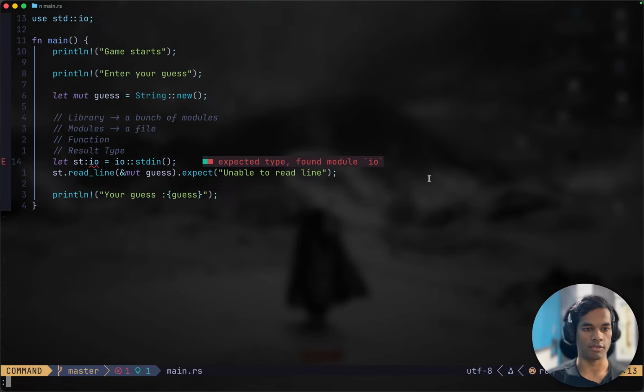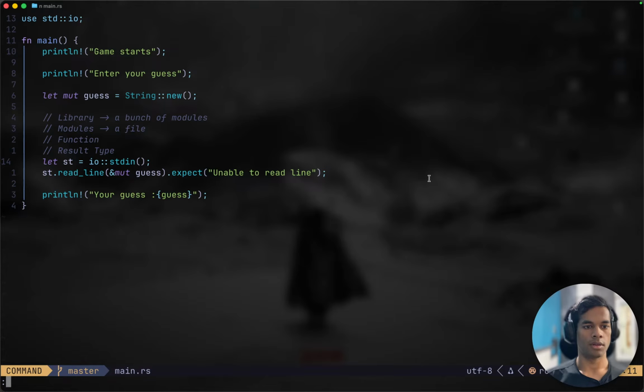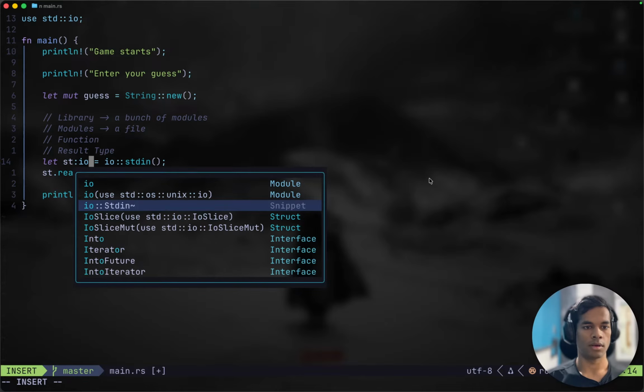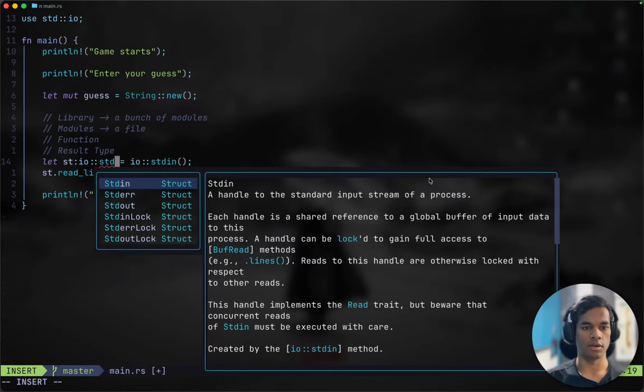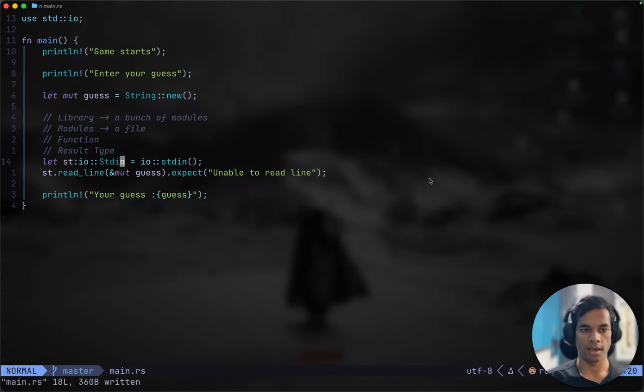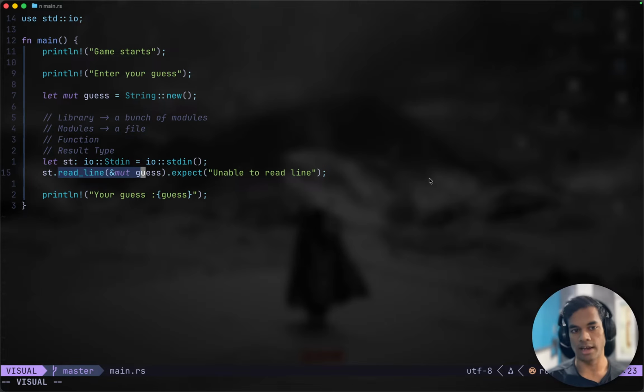Okay, Rust Analyzer is working now. Yes, we are here saying that stdin is of type io::Stdin. No error. That is nice. So stdin is of type io::Stdin, and on that type we are calling a method called read_line, and to